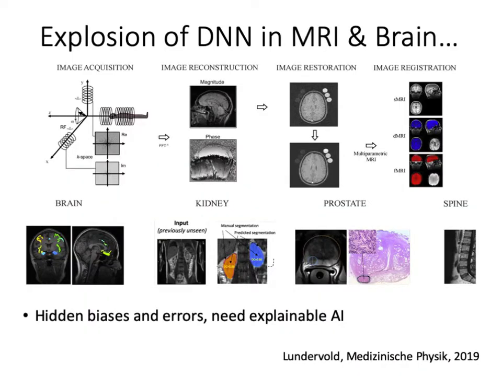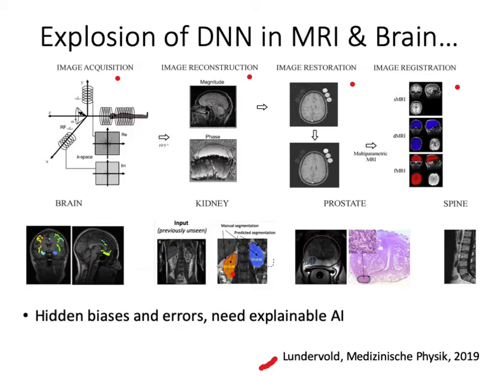So as you can see, these three major advances have led to an explosion of applications of deep neural networks, both in all the steps of MRI image analysis as well as brain analysis, from improving the acquisition, the reconstruction and restoration, as well as registration and super resolution, to decision making by identifying disease segments in the brain or classifying diseases. I encourage you to read this paper to get a broad understanding of the various creative ways that deep neural networks have been applied.